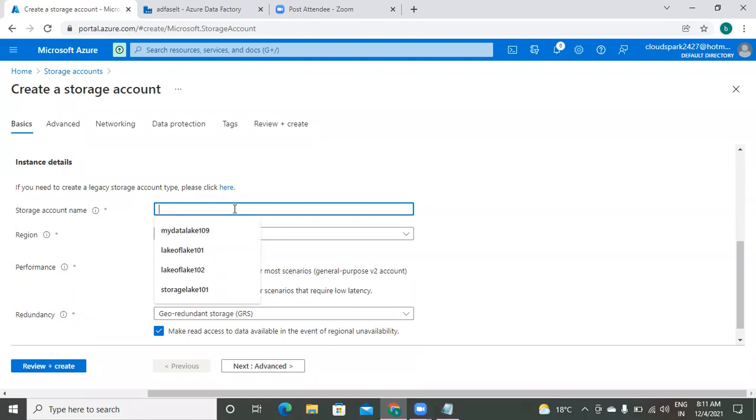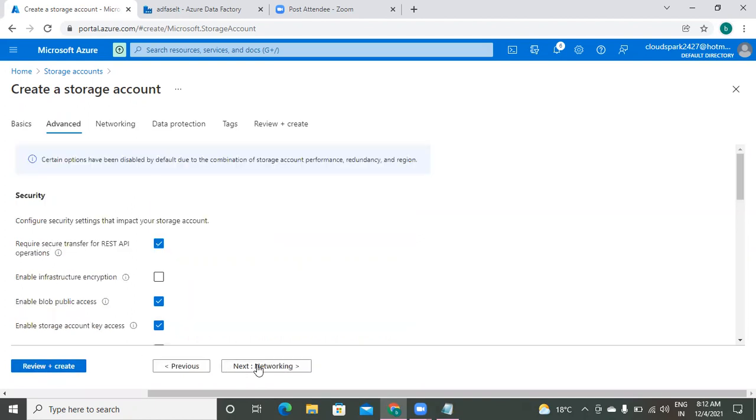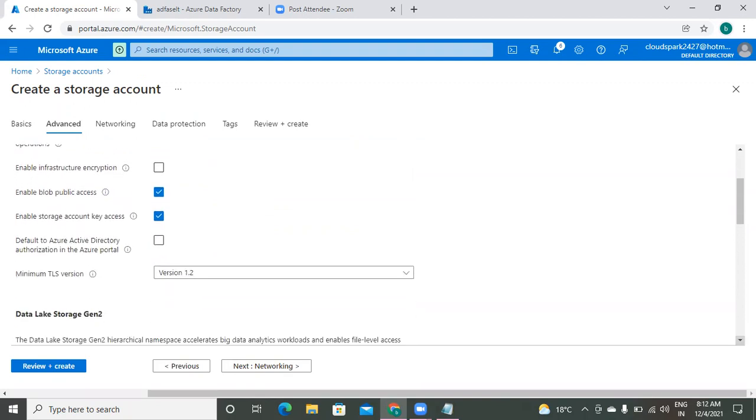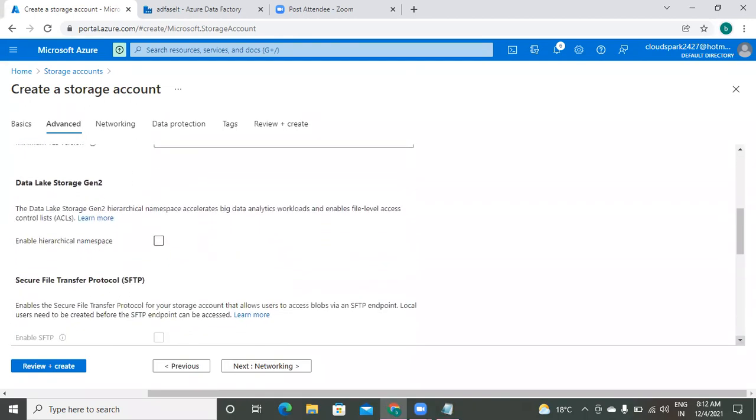Storage account name: Storage Lake 102, just a different number I am giving. Previously, we directly clicked on review plus create. Don't do that. Go for next. Please check, is there any soft delete option in this? No. Got it?